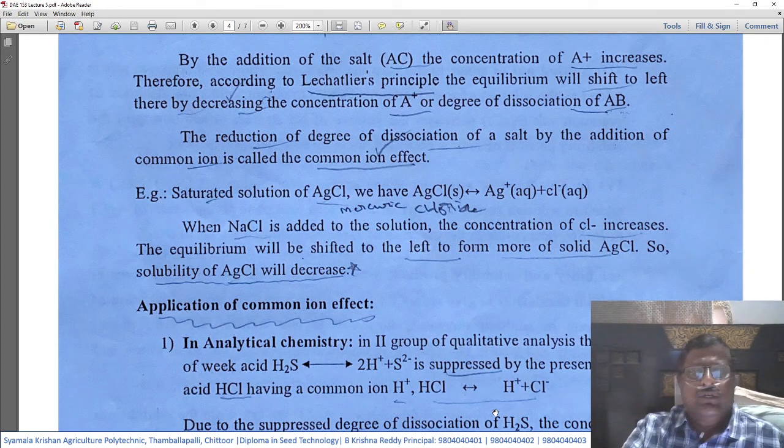Sorry, this should not be written as mercury. It is silver chloride. Ag is silver. I think by mistake I have written it. So saturated solution of